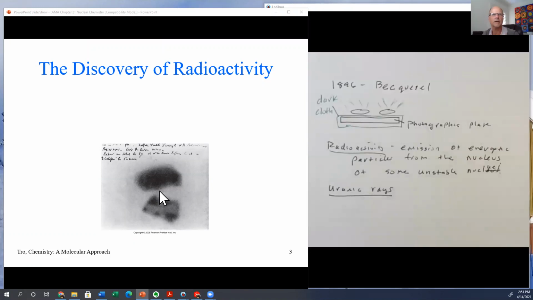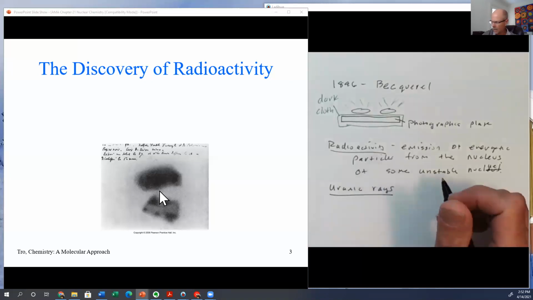We'll get to the particles in a minute. Just right now, think of them as things like protons, neutrons, electrons, photons. They're just energetic particles, and they're pieces of the nucleus, is basically what they are. So she started looking to see if other things emitted such particles. And she discovered that, in fact, these rays were given off by many other things in addition to uranium,